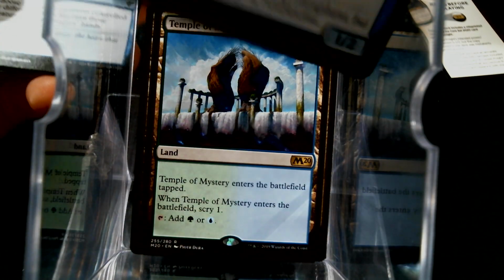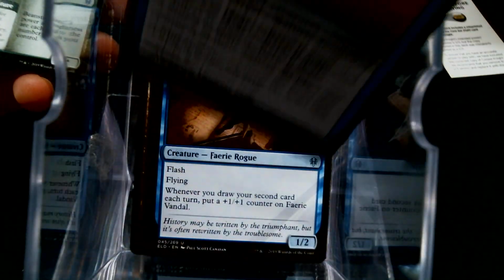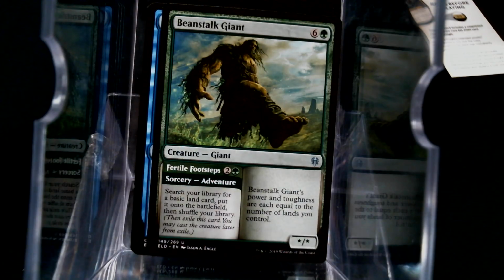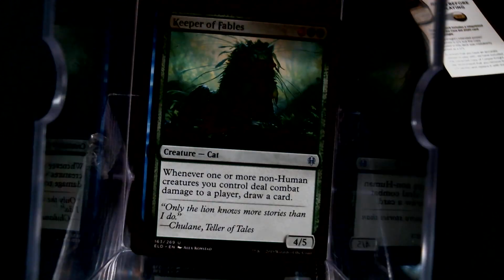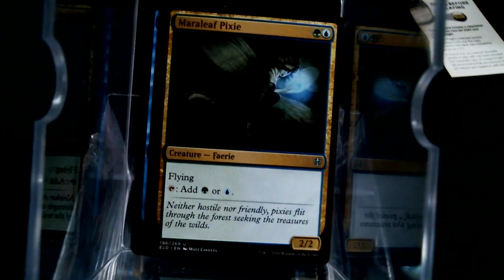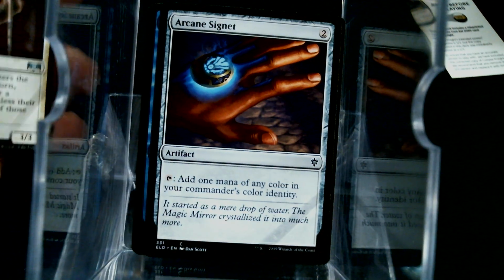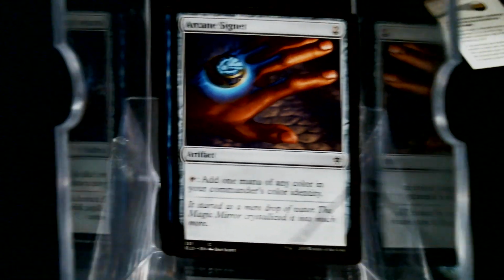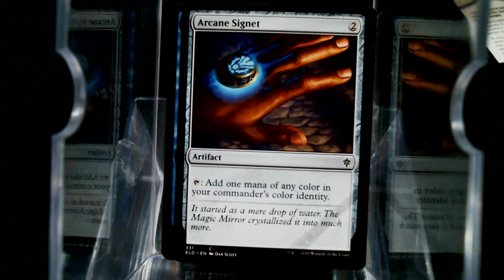But Temple of Mystery, Fairy Vandal, Run Away Together, the Beanstalk Giant, Keeper of Fables, Acolyte, Pixie, and let's do our Arcane Signet speech again. Well, actually, I've said something different about Arcane Signet every time. Just different things pop in my mind, you know. But Arcane Signet,